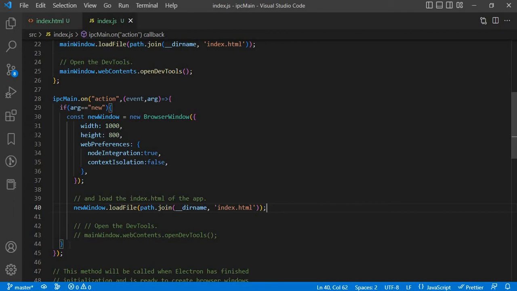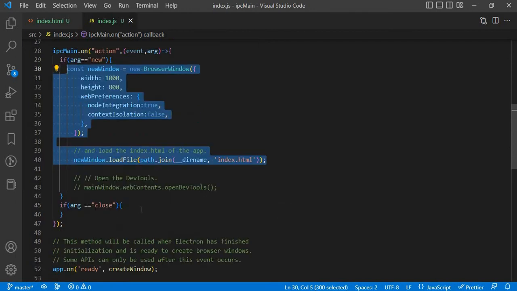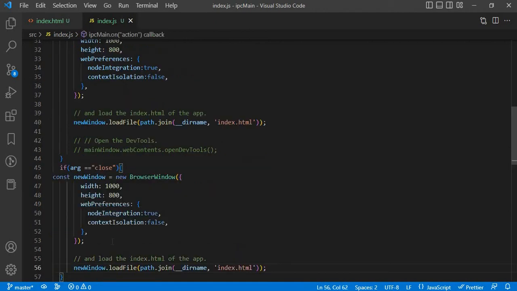I am making the condition. If the argument is new, it will just open a new window, it will not close the previous window. And if the argument is equal to close, it will close the previous window, and to close the previous window we will do a little change. Just copy this to create the new window,